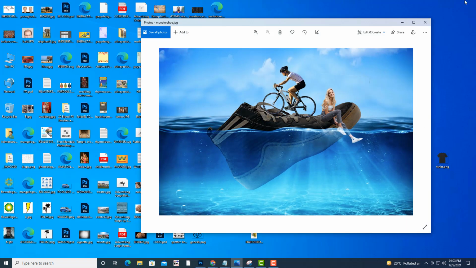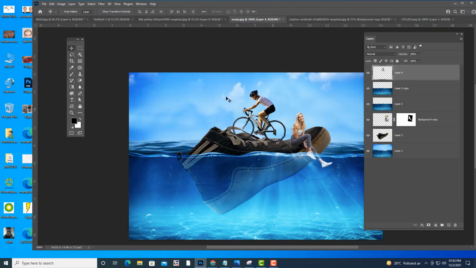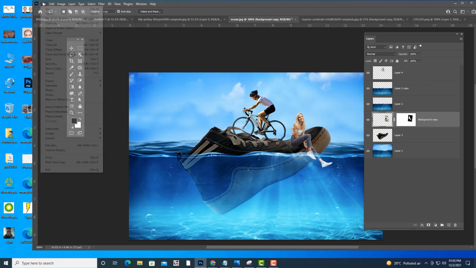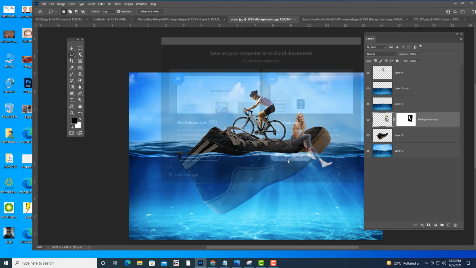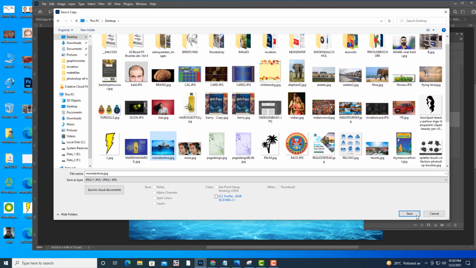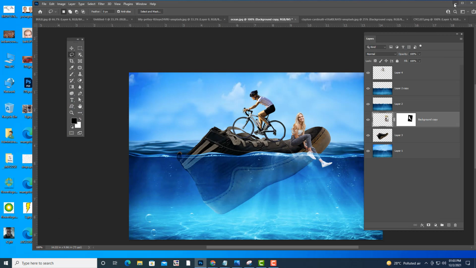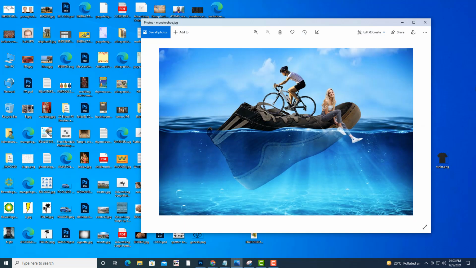We can remove these unwanted areas here, because I am not able to see them closer. Like this, and we'll just save it one last time. We'll replace it.